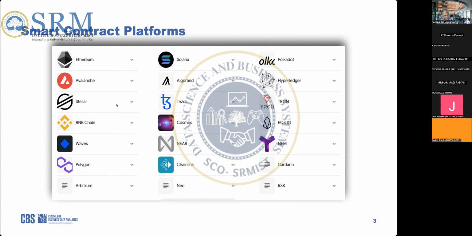I think Polygon is also one of the platforms which is really pushed from India a lot, because it can generate contracts for multiple blockchains. So there could be several chances.